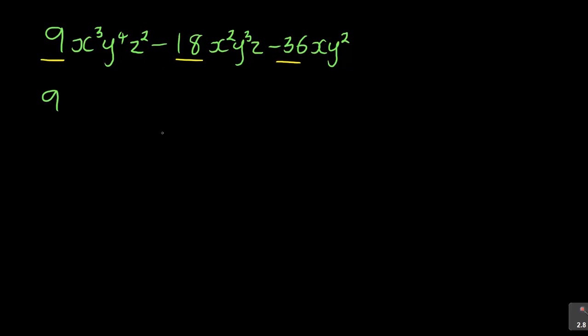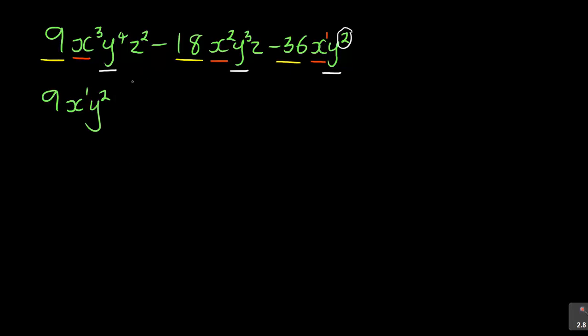The next thing is look at x, and when you're looking at x, take the smallest power. That's the hint. So what is the smallest power? We are focusing on x now. We have got x, this is 3. We have got x, this is 2. We have got x, there is no power, meaning there is a hidden 1. So we take out only x to the power of 1. Do the same thing with y. You focus. We've got y4, we've got y3, we've got y2. The smallest power, you see that? It's 2. So take the smallest power, which is y2. The next one is z.